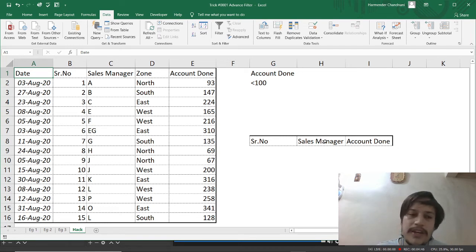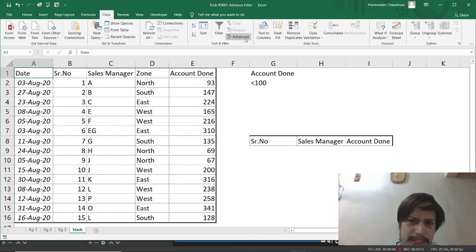Let's understand the people who have hit accounts of less than 100. I need to meet with them, to see what challenges they are facing. So for that I'll just require serial number, sales manager, and accounts, not the other columns. Date is not required for me to review with them, and obviously zone does not matter for me.